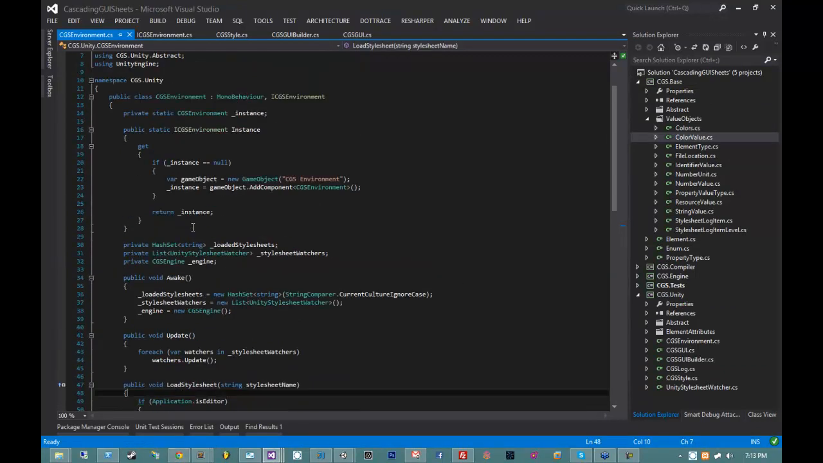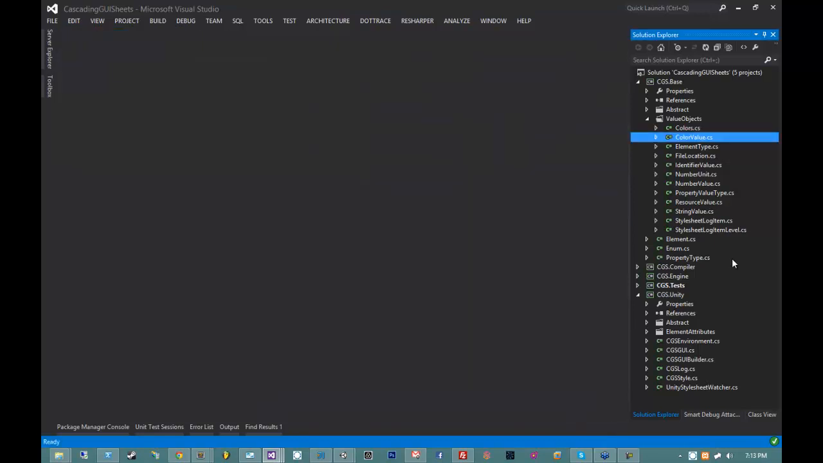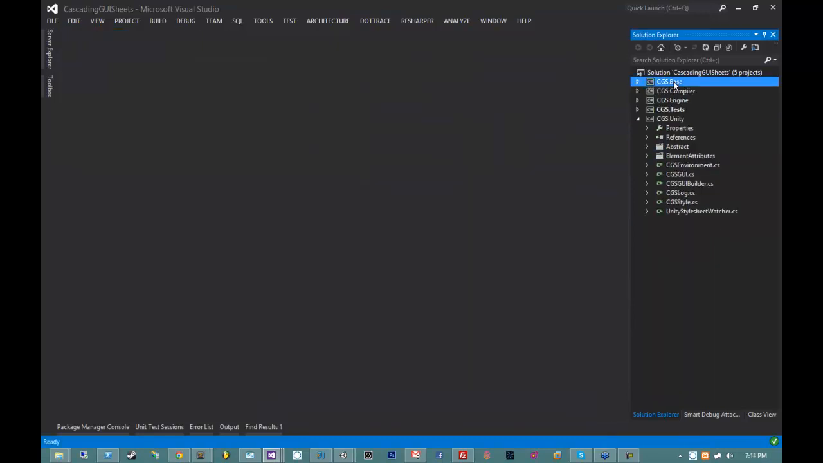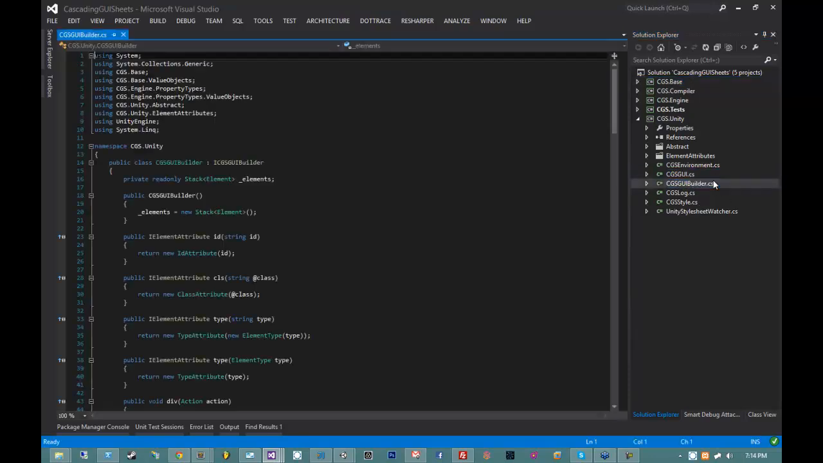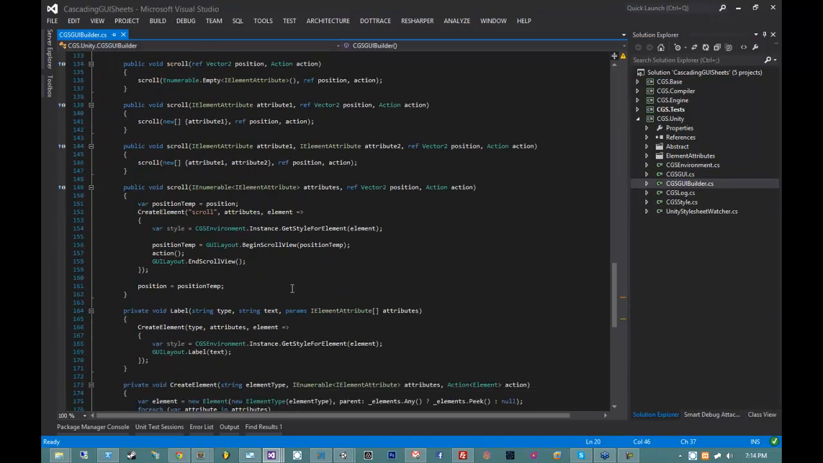We need to go ahead and translate our computed styles into GUI styles. So a GUI style is just an object that represents all the different properties that we can apply to Unity's built-in GUI system. So if we jump into our CGS GUI builder class, which is responsible for building the markup, quote-unquote,